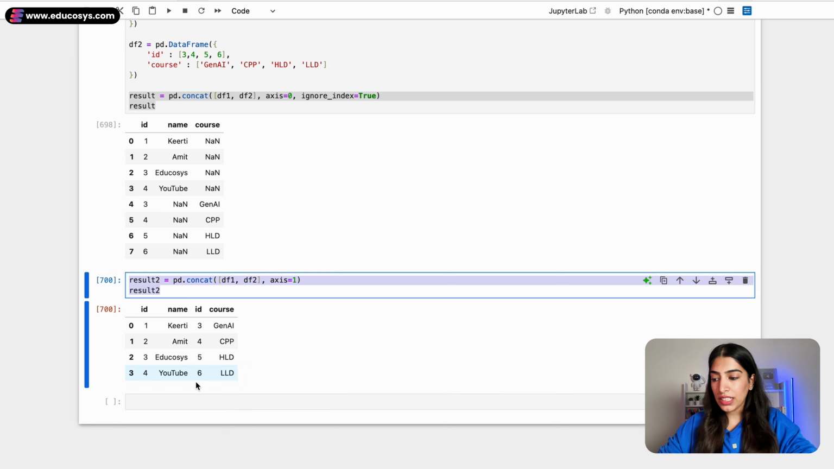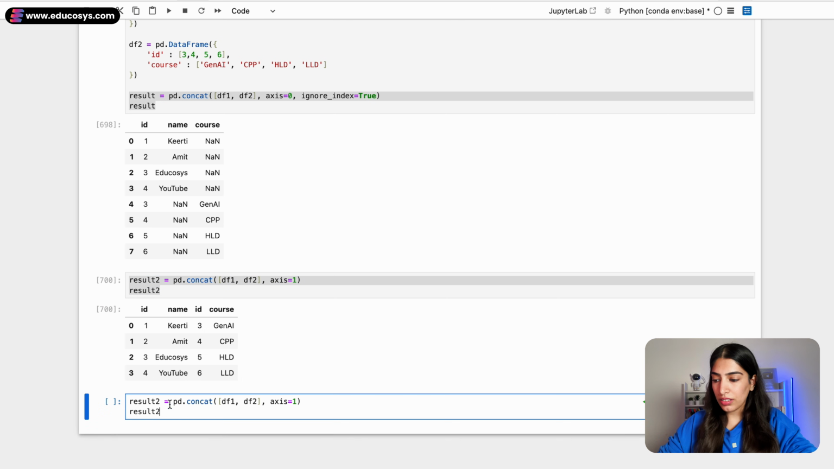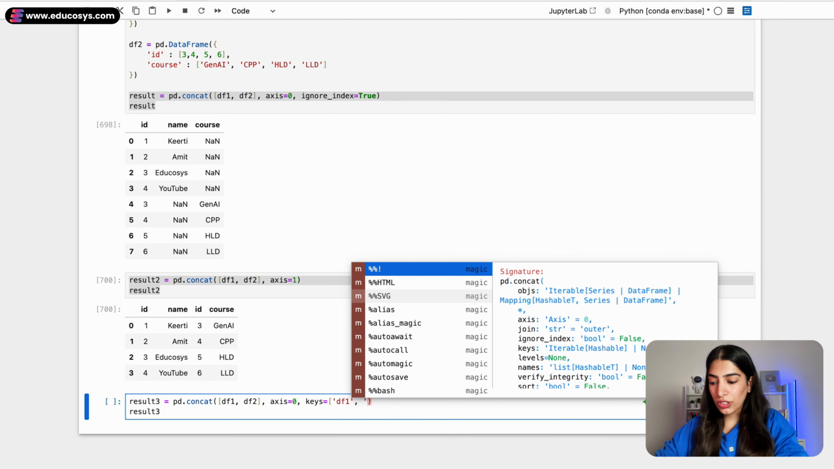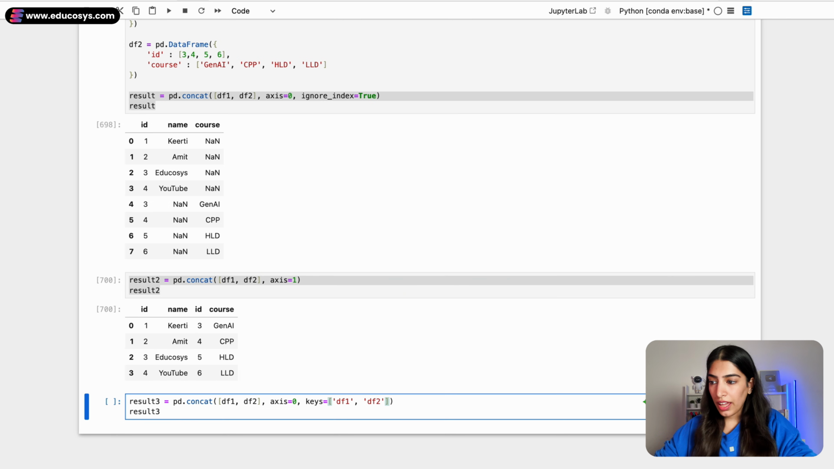You can also mention keys. So when we do this, if I mention keys over here, and let me do it on axis 0. When I give keys, suppose I'm going to mention both the data frames over here, df1 and df2, and if I run this again,